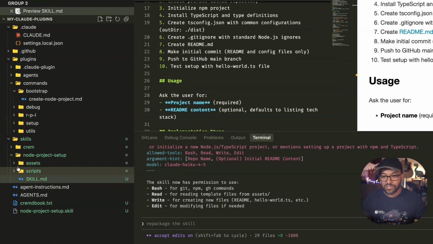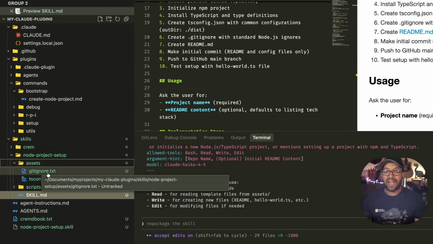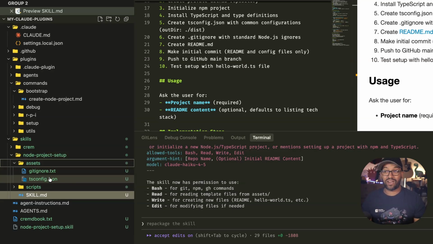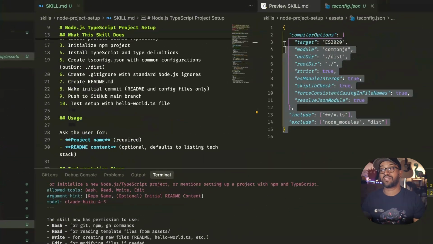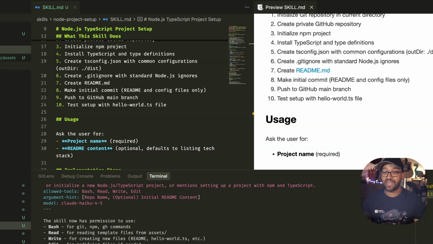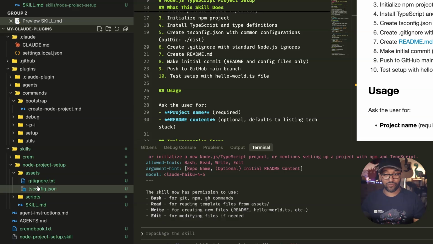And then let's see what it's put into the assets file. So it's put in assets a standard gitignore.txt and a tsconfig.json, a recommended tsconfig.json. And that's because I said in my original /command, I'd said, give it a minimal tsconfig, not the whole big shebang. And I gave it an example of a minimal tsconfig that I'd prefer. And so it's correctly put that in the assets section, right?